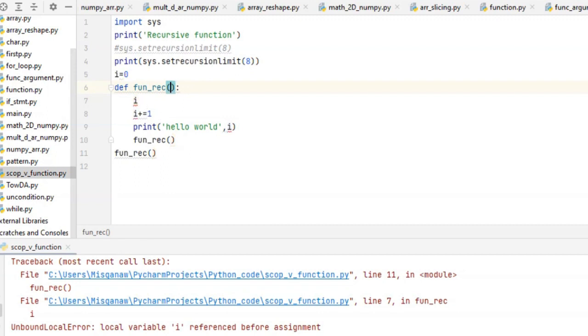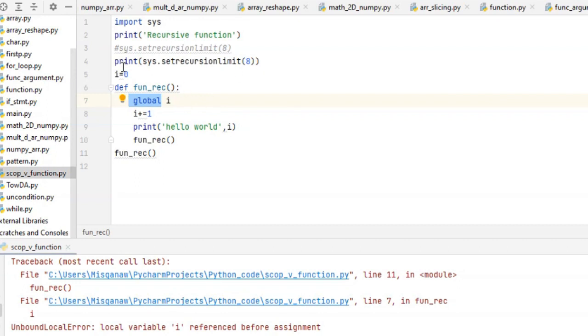But if I remove I from the parameter of the function, I should be replaced by global. So we can use the global variable I inside the function using the keyword global.